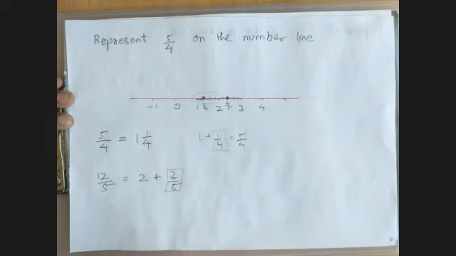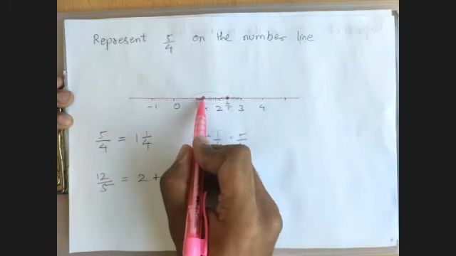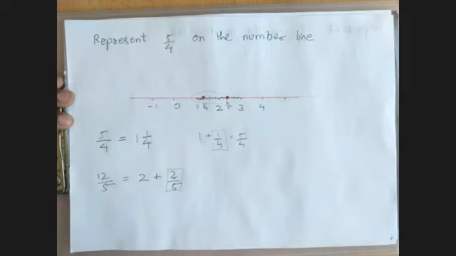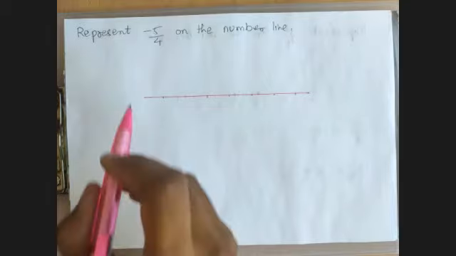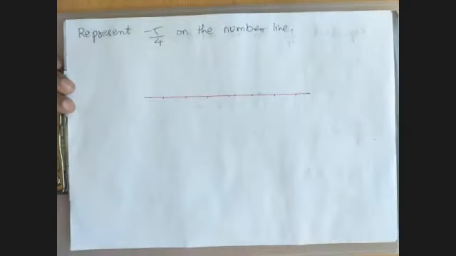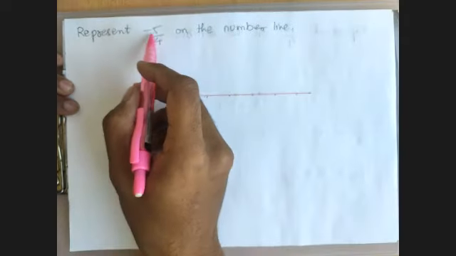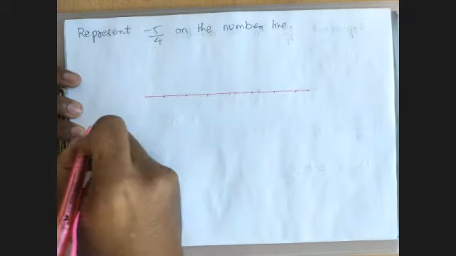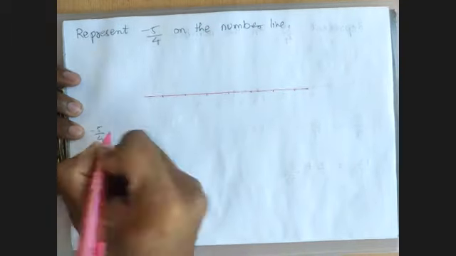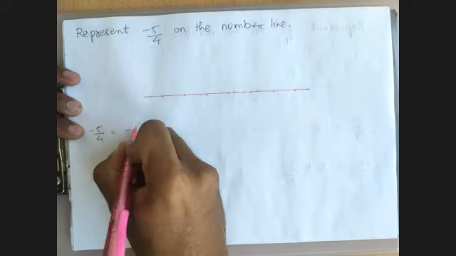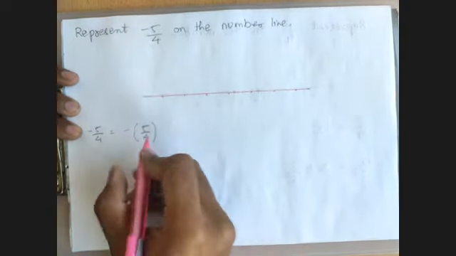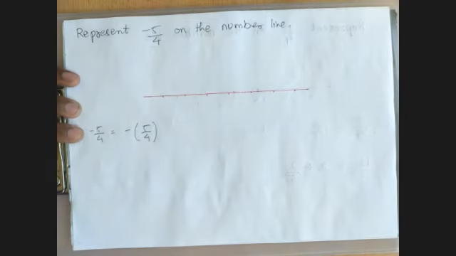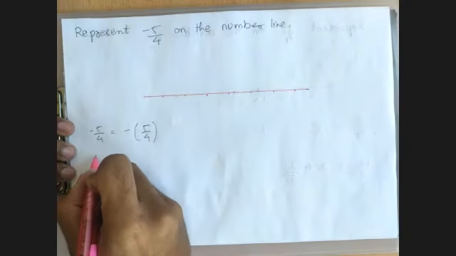So this is another analysis of fractions. Again, here you should remember that there are infinite numbers between any 2 given points on a number line. So let us take a negative number, minus 5 by 4. Let us represent this on the number line. When I get minus, I get confused. Do not get confused. So minus 5 by 4 can be written as minus of 5 by 4. That means 5 by 4 is known to us. We have already done it.